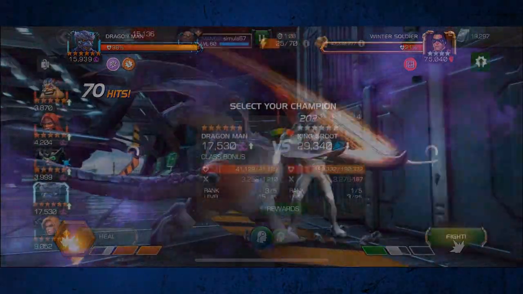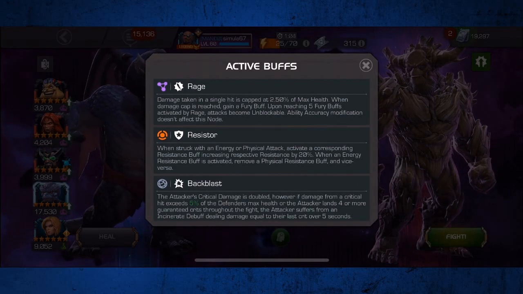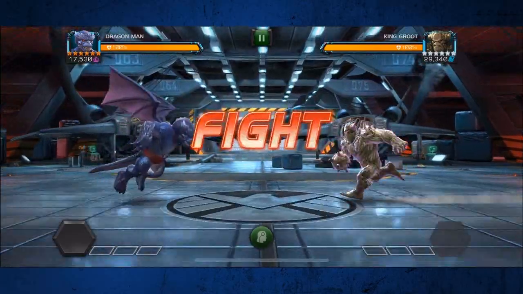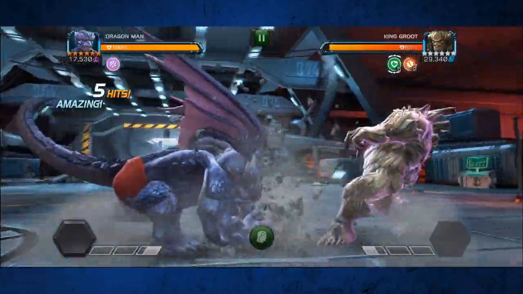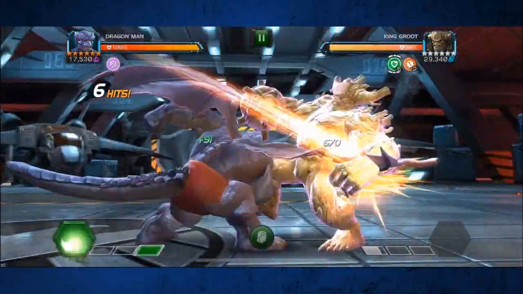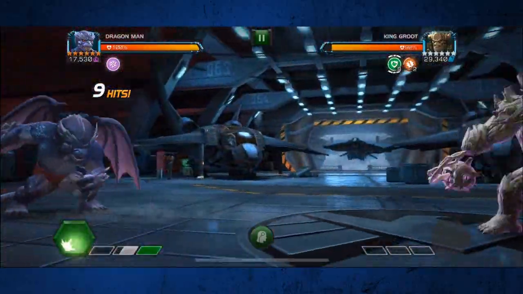Okay, this is a fight against a King Groot in Act 6 with Rage and Resistor, and there are 2 things I want to showcase here. The first is that whenever he's armor broken, Dragon Man applies a passive degen on the defender until the armor break expires. So at the start of this fight here, we're going to intentionally tank a special 1